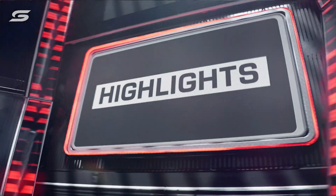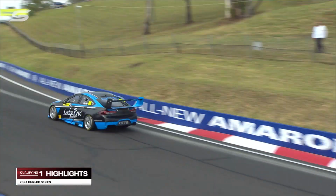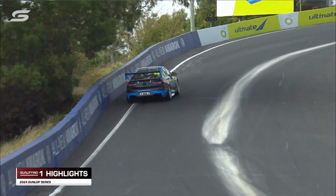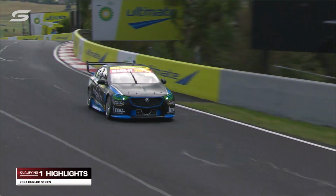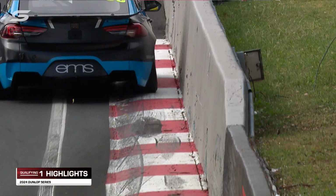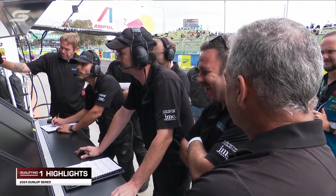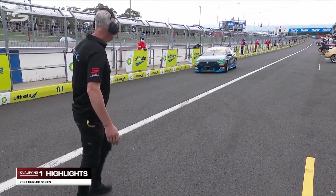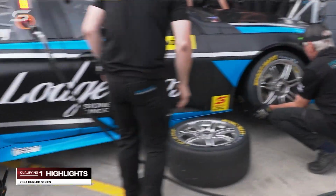And the intensity, as you mentioned, Garth, was just imminent straight away, particularly from this kid. Yeah, straight out of the gate, Cooper Murray. We picked up this shot straight at the start of the session. This is his first push lap of the session. So big commitment, the drop down into Reed Park and out again. Look at that, less than 15 centimetres on your first push lap at Reed Park, 220k plus through there. He came back, he grabbed another set of tyres, but ultimately that first run was the run that got the